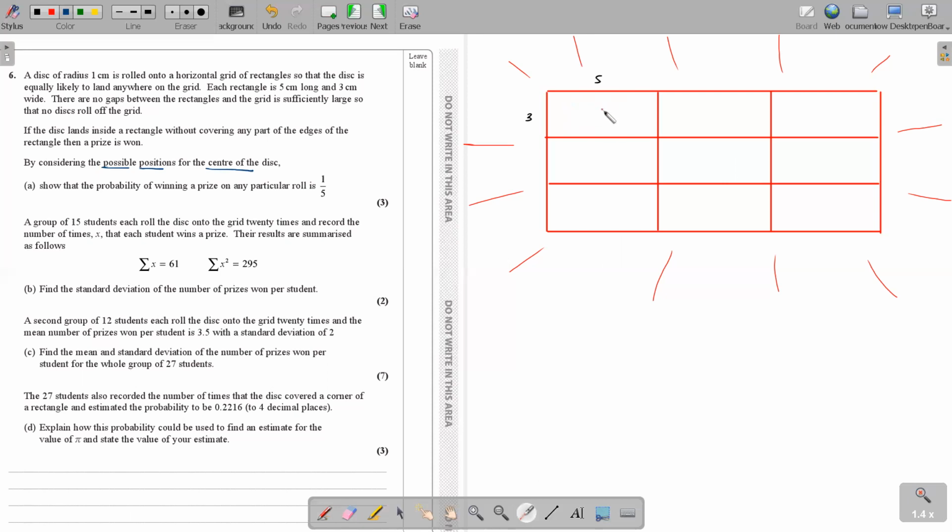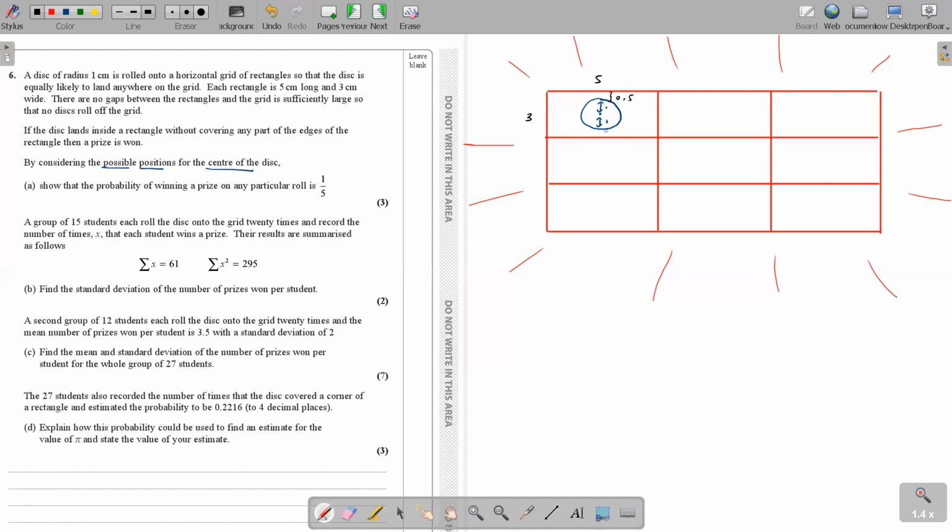Now, our disc has a radius of 1. So let's take exactly the middle of the rectangle. If I take exactly the middle of the rectangle, now what I want to do is move my disc. It can go over here, right? So this is one. Children, it's like this. If it falls exactly in the middle, this is 3. You are covering 2 centimeter, which means each side you have half a centimeter, right?